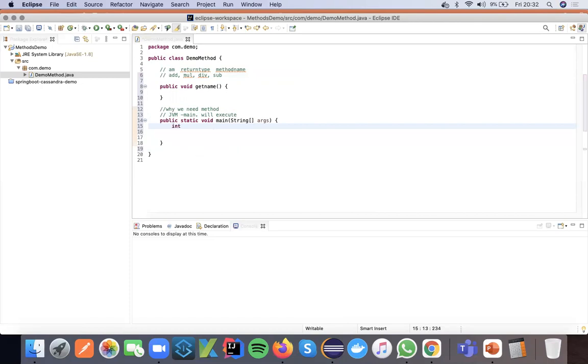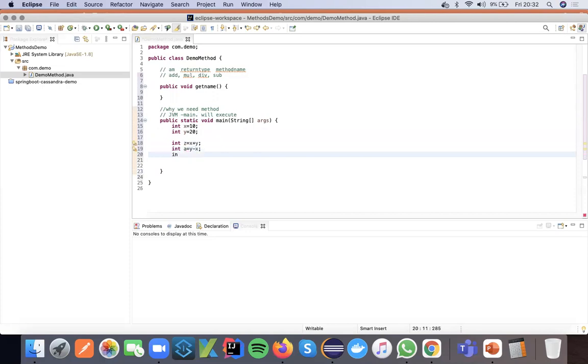Let me write and show in detail so that you will understand the importance of the method. Here I am declaring int x and int y equals 20. And here int z equals x plus y. int a equals y minus x.